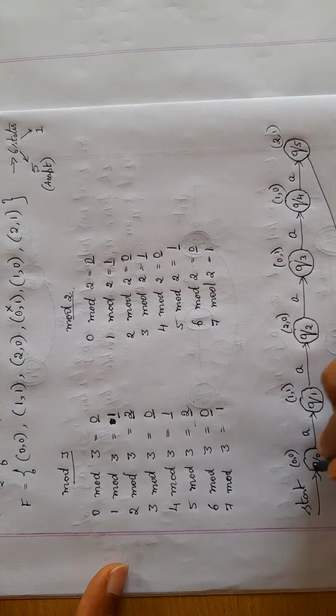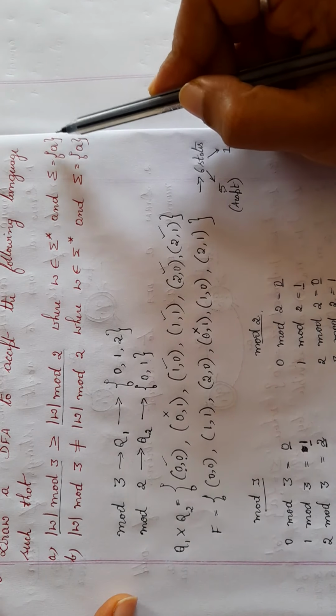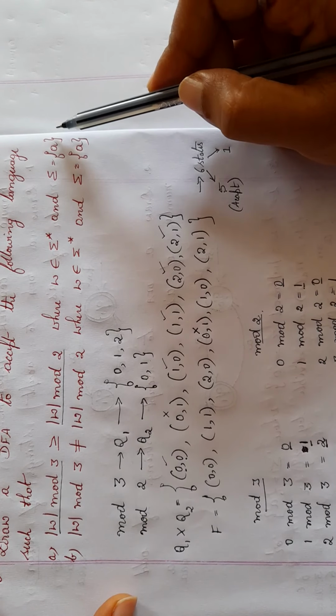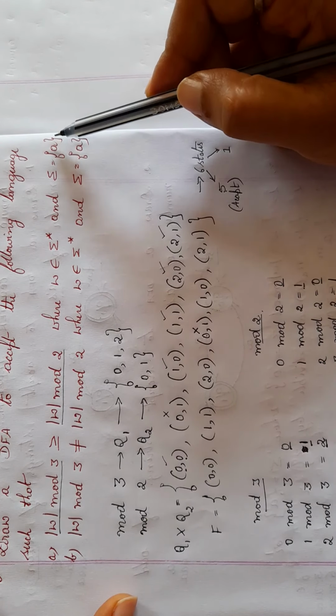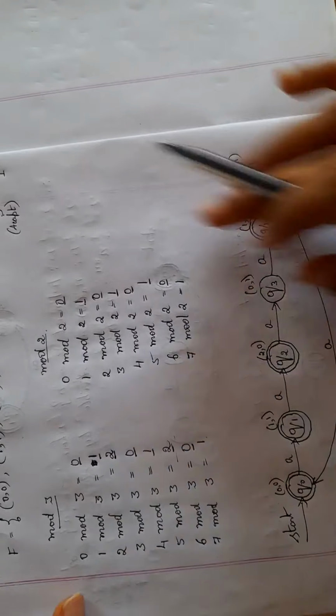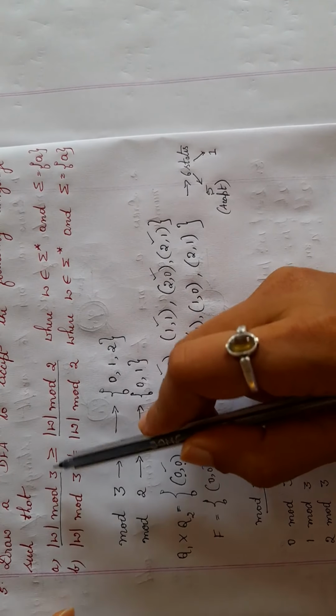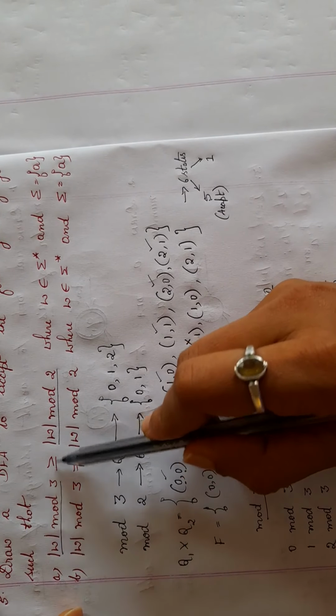So for the same question, here it is given only A, right? Only A. So if the problem statement remains the same, and if here it is A comma B, it means that the length and all remain the same, only the combinations of A and B you can have. That time the DFA remains the same. The only thing is, instead of writing only A, you have to write A comma B on each transition. So this is the DFA for this particular question: mod 3 greater than or equal to mod 2.